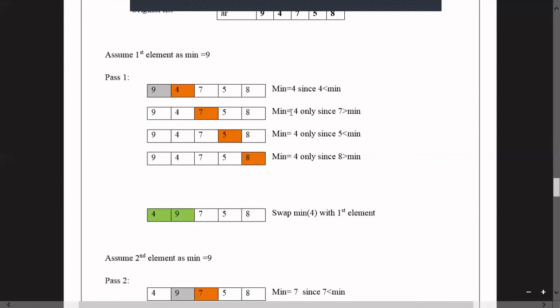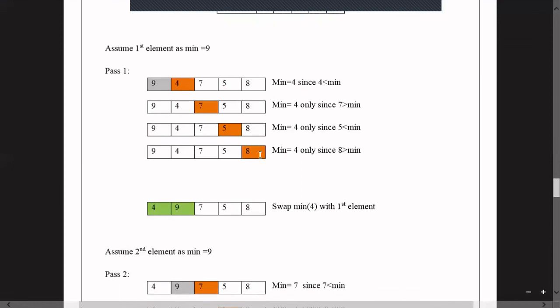So we are not changing the minimum element here. Next we are going to compare with the other element 5. 5 is not smaller than 4, so the minimum element is as it is, 4. And we are comparing with the last element. 4 is still the minimum value when comparing with 8, so we are not changing the minimum 4. After these comparisons, all the remaining elements are compared.